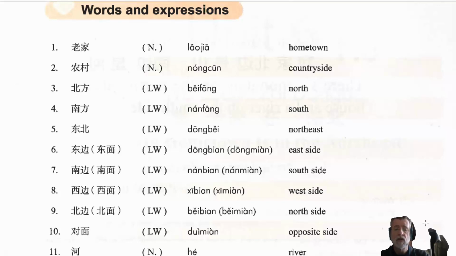And next word is 东北, northeast. The term northeast in itself is just part of the various terms for different parts of the compass, different directions. But in China, again, 东北 has a very specific significance. It refers to an area of China in the northeast that is famous for a whole lot of reasons. Particularly, some of the things that people often talk about in Dongbei is the fact that some of the purest Mandarin is spoken in that area.